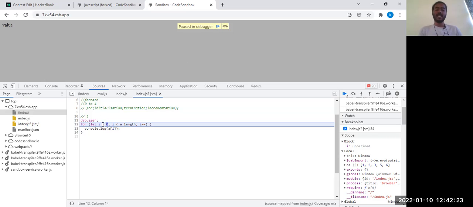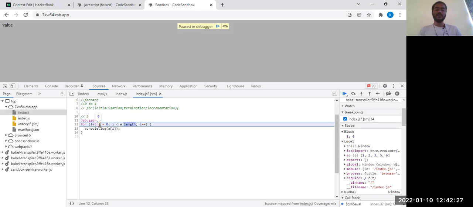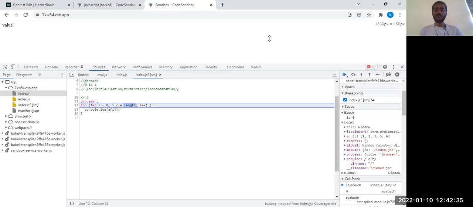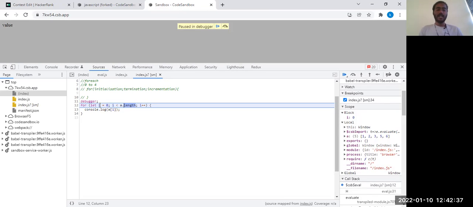So now it is in the i equal to 0. When you click on the next step only, that statement would have executed. So now if you see, i will be 0. Let me bring it a little bit up so that it will be clear to you all. Okay, so now if you see i equals 0, so now 0 less than this a.length will be 5. If you see, the length is 5, so 0 less than 5, which statement is true.